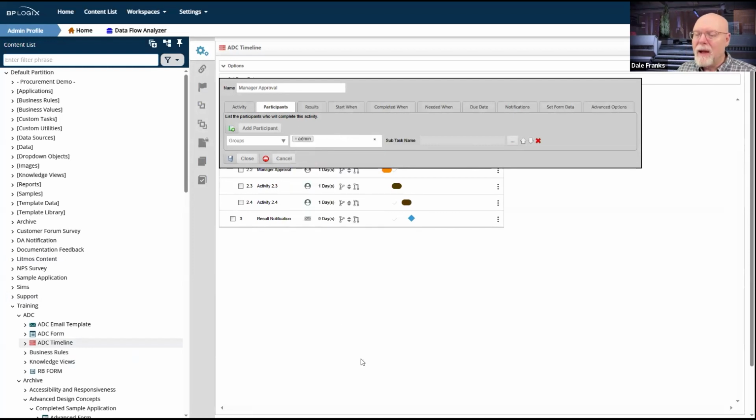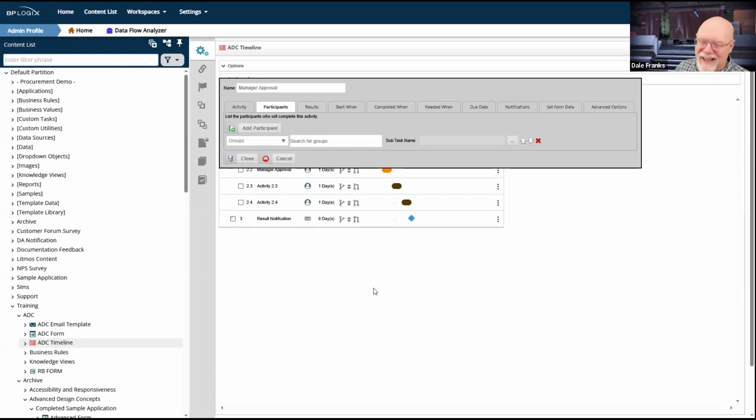Admin. And I assign it to admin, fine. I don't ever have to come into my process timelines and change anything. I can just change them inside my groups, and that works fine. Now, look, if you have an organization with thousands of people using Process Director and potentially hundreds of people as